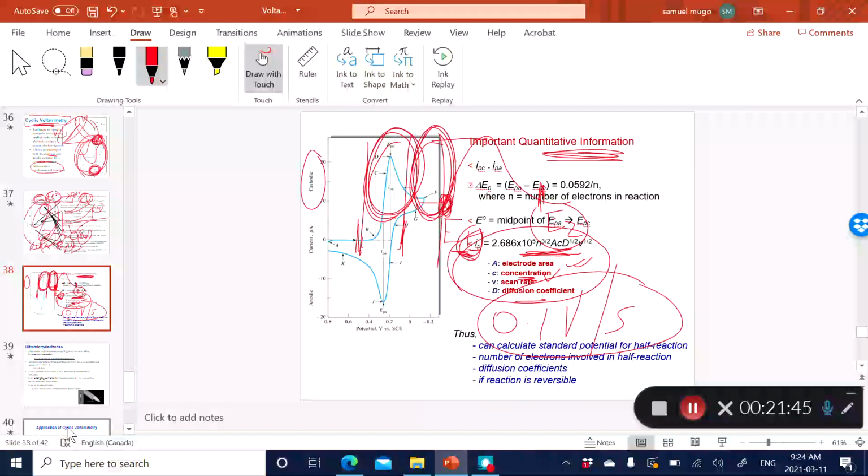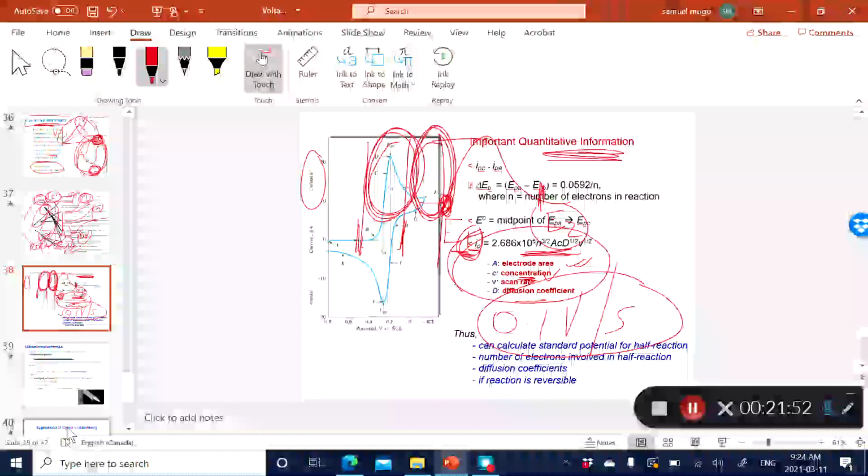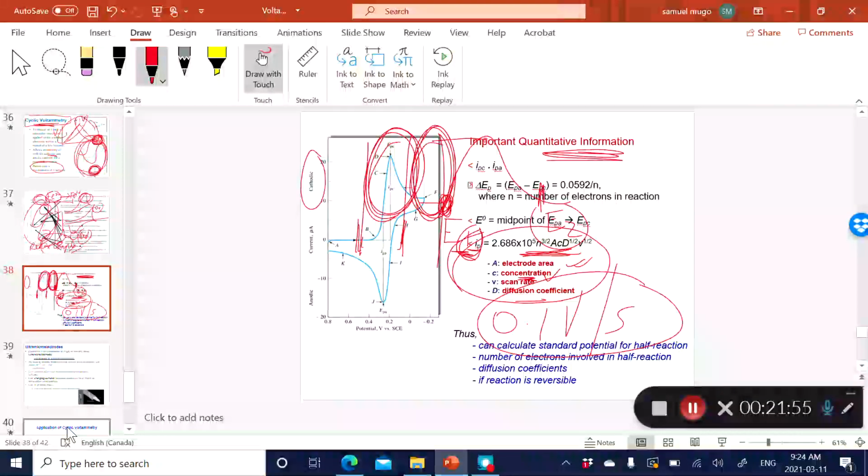Lastly, the diffusion coefficient of your analyte, which I mentioned a couple of slides before. The higher the diffusion coefficient, meaning the quicker the mobility of that analyte towards the electrode surface, equally you get a high current, because current really is dependent on the migration, the diffusibility, of the analyte to the electrode surface. So please take note of those parameters that you really need to optimize when you're doing voltammetry in general